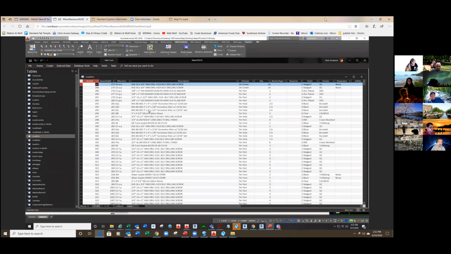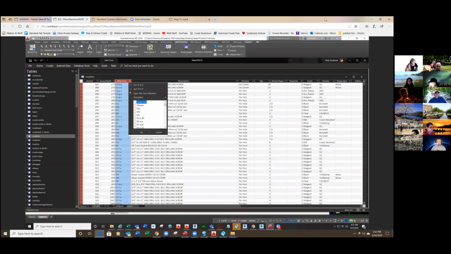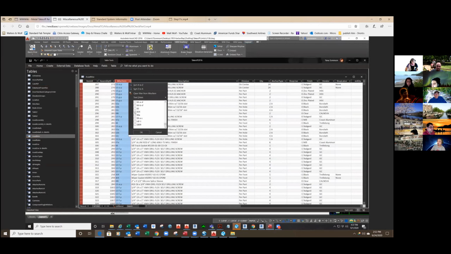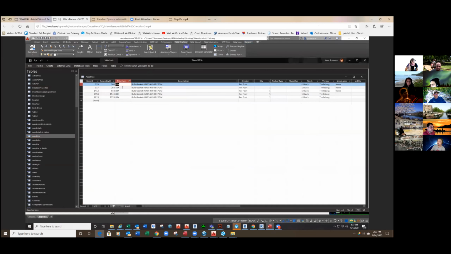Let's say you have a wrong part in your takeoff, and you know for sure you don't need this 83X. We just played with it. We can update it from here, so we just change it here, and we can use either